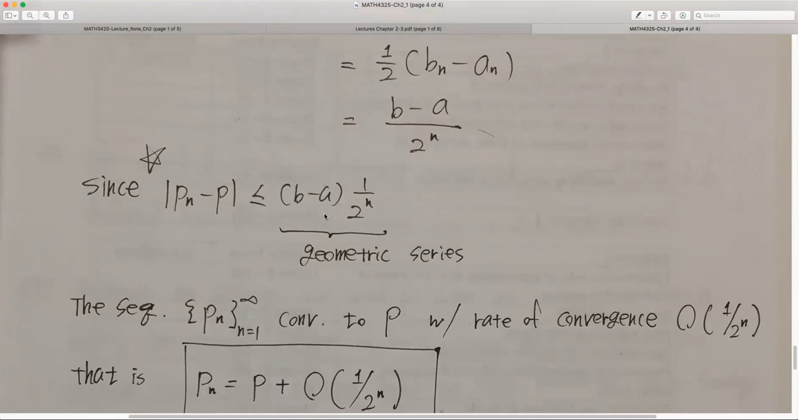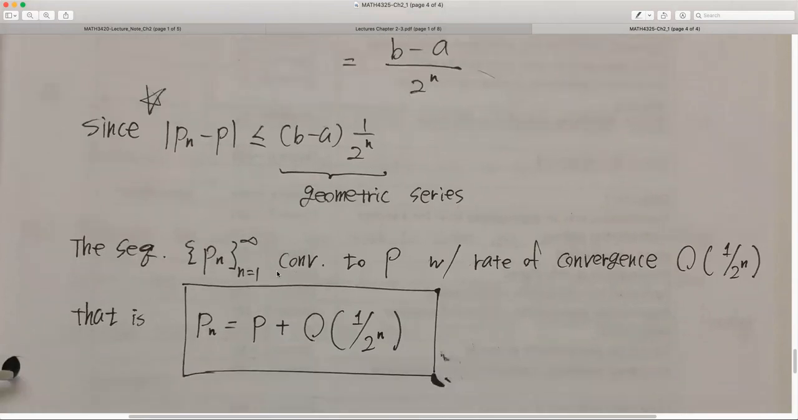In calculus too. So b minus a is a constant term, and 1 over 2 to the nth power is this geometric series, right? So the sequence pn converges to p with the rate of convergence 1 over 2 to the nth power. This is called the big O. It's called big O. So what's a big O? Big O represents the rate of,